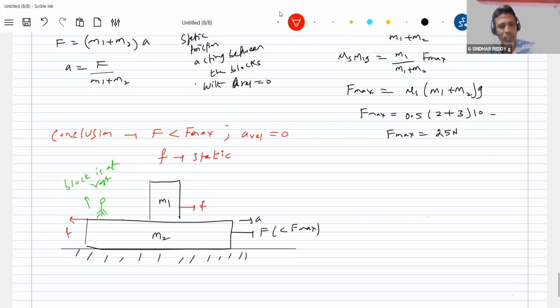So what is the problem here? F non-zero, what does he comment? Though force is non-zero, still acceleration is zero. What happened? Newton's law has become invalid, no? To make it valid, what should I do? I should bring a pseudo force. But in fact, what is the force acting on the block M1 with respect to the person on the plank? You should say only static friction.